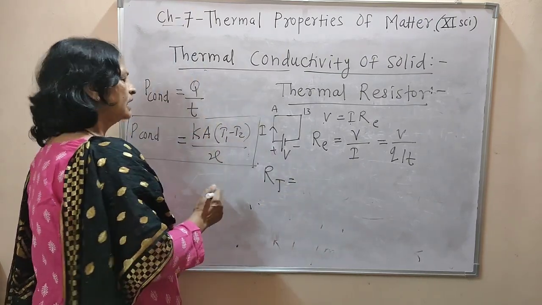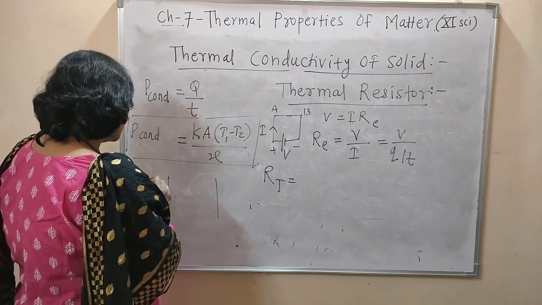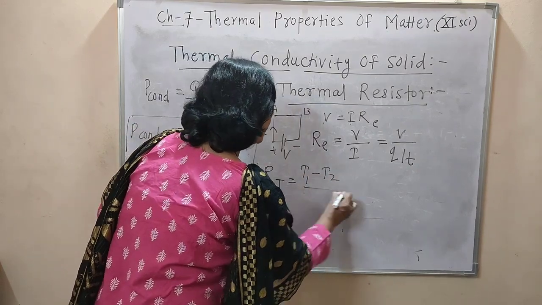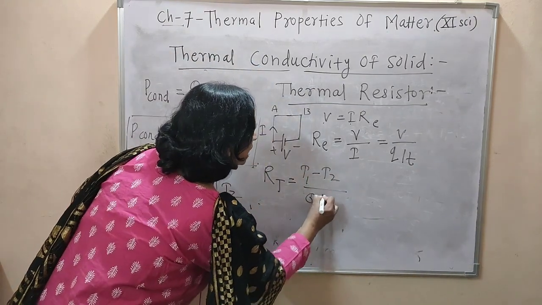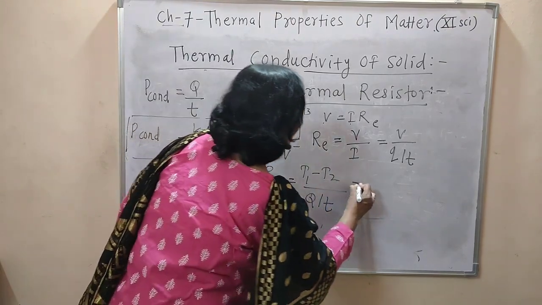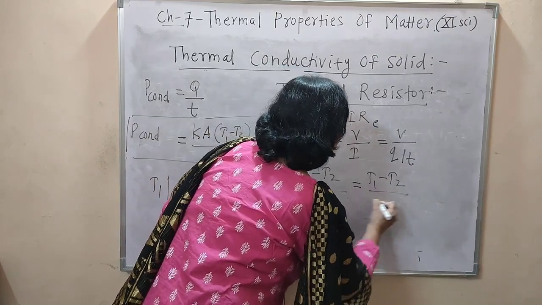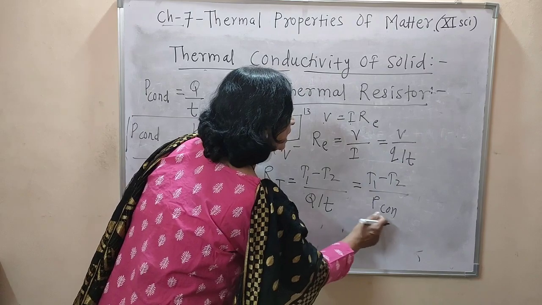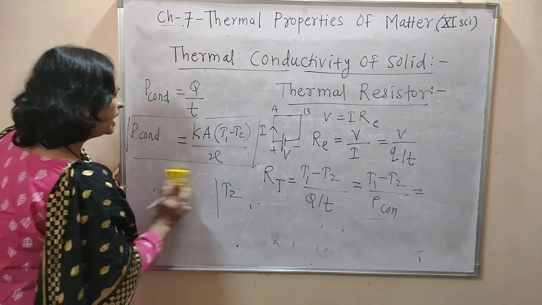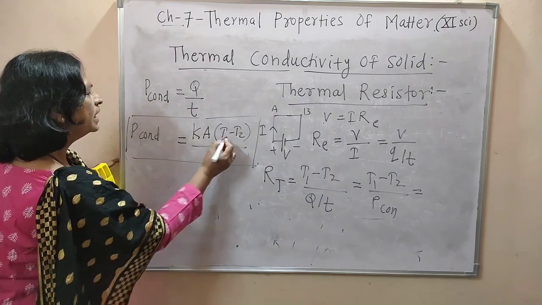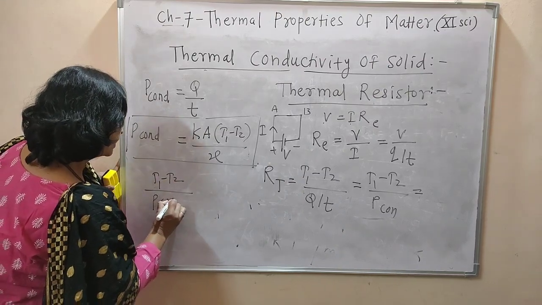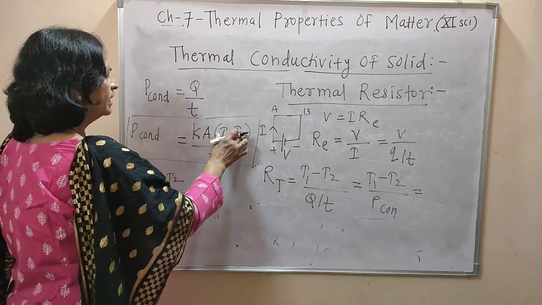आणि तो कसा काढणार तर आपल्याला माहिती आहे दोन पॅरलल फेसेसमध्ये टेम्परेचर डिफरन्स आहे T1 आणि T2, आणि म्हणून T1 minus T2 divided by the time rate at which heat flow, that is nothing but Q by T, and that is the formula for thermal resistor, and T1 minus T2 divided by P conduction. We know that Q by T, that is nothing but P conduction, and we have to rearrange this equation. Therefore, the T1 minus T2 divided by this P conduction, if we rearrange this formula at that time, that becomes